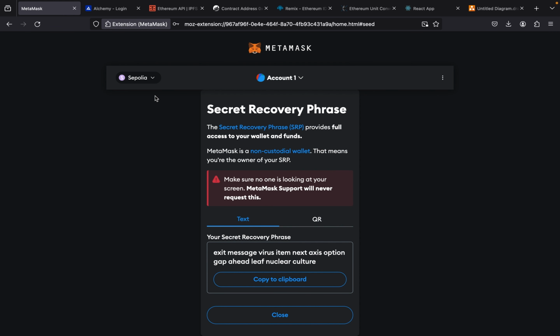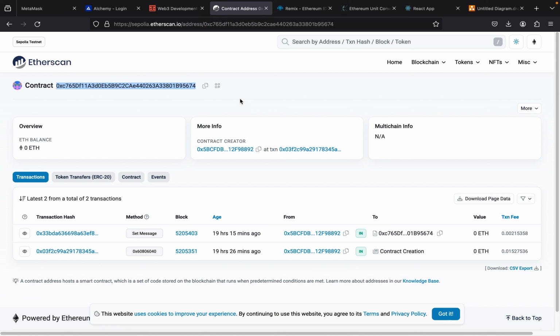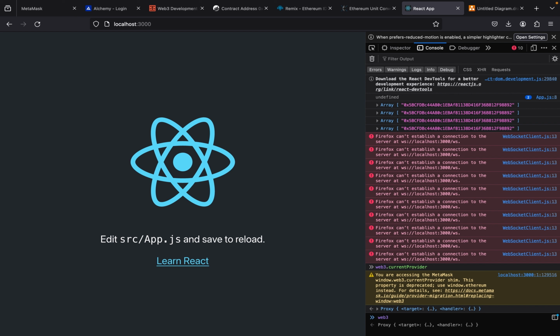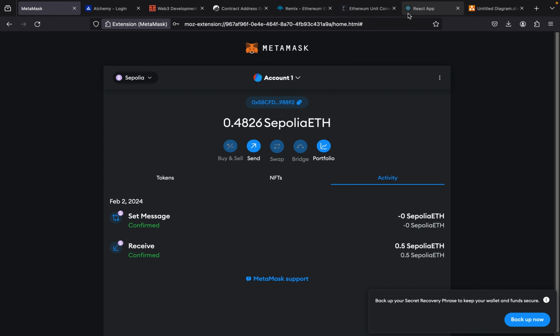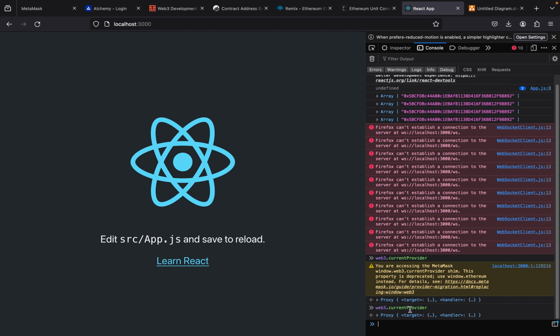So this approach of deploying can be used in a backend service because you can keep the 12 word phrase private to yourself, but you cannot attempt to do something similar on a front end. So if you want to do something similar on the front end, you need to have MetaMask installed by your customer or the consumer of your application. What MetaMask will do is inject an instance of the Web3 object, which is connected with the MetaMask account, in all the pages. Again, if you only want to pick the provider from the Web3 instance, you have to do web3.currentProvider, which will provide you the